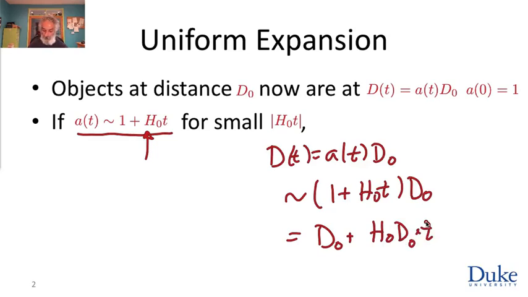Now, this is great. Look, the object at t equals 0 was a distance d0 from us. A short time later, it is at this distance from us, and the change in the distance is proportional to t. Change in the distance divided by the time elapsed gives us the velocity. So what I'm claiming is that this is the speed with which this object is receding from us,